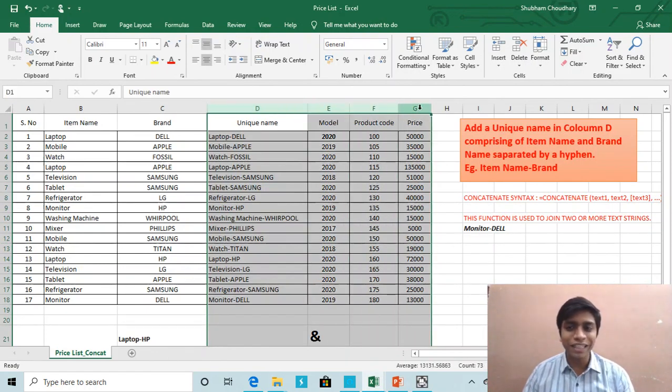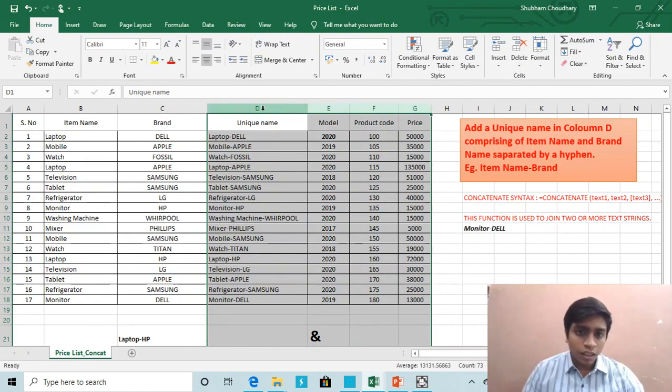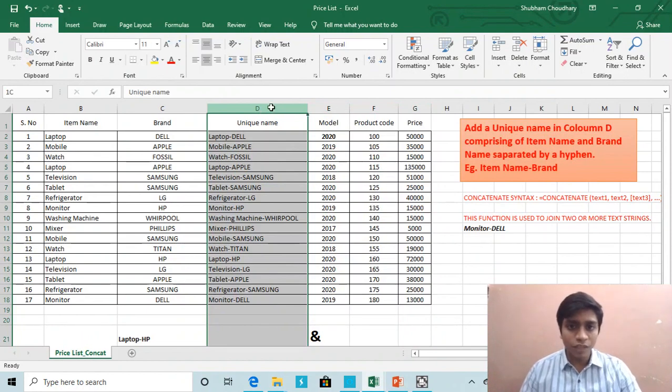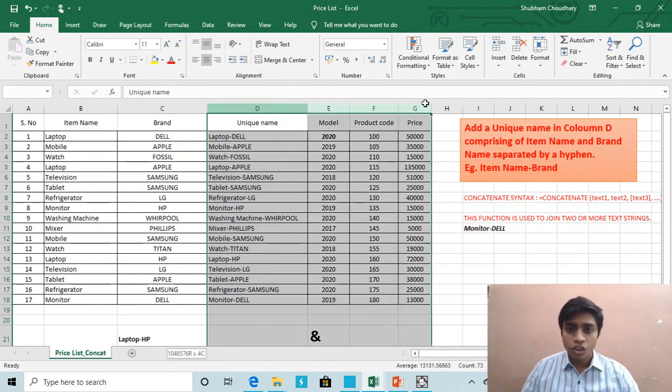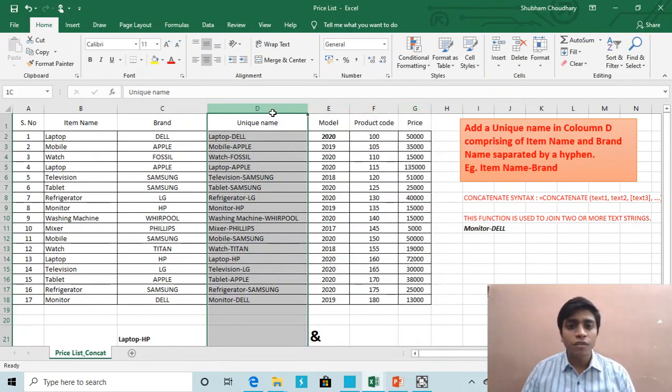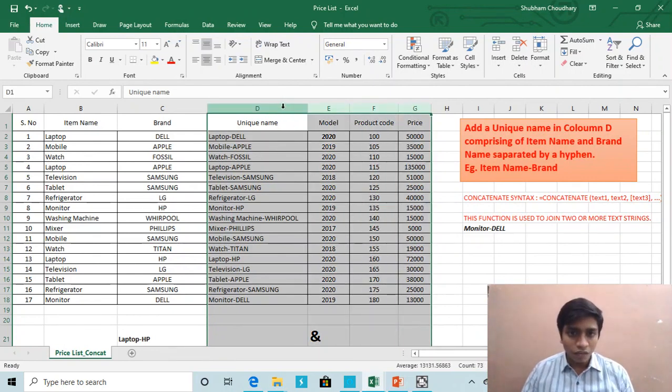The one thing that anyone should remember is that the first column that we are selecting in the table array should contain the value that we have given in the lookup value. Means the very first column must have it, then only VLOOKUP will work.